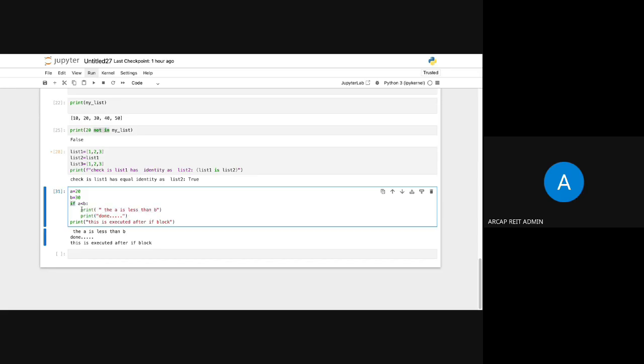So these two will be executed if this condition is true, returning the true value. If the condition does not return the true value, this block will not be executed and it will execute the next line, which does not belong to this if, that is this line. Okay, so I hope all of you